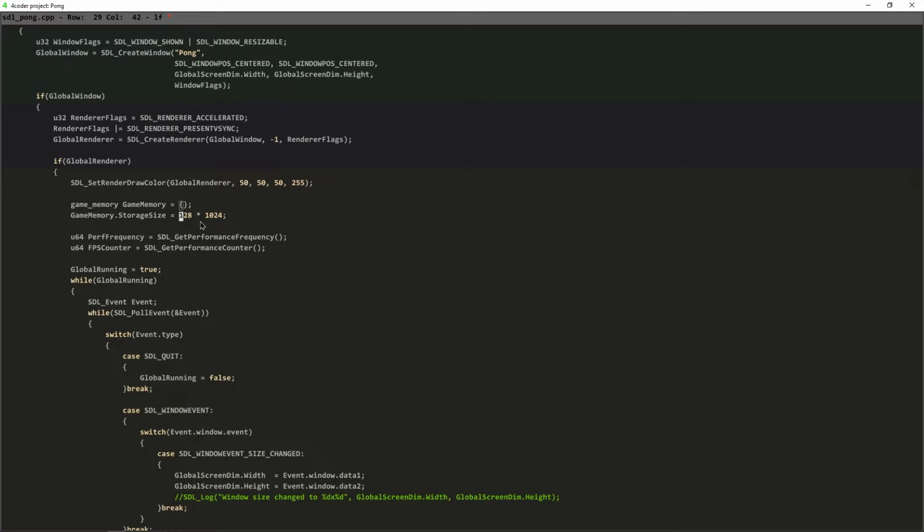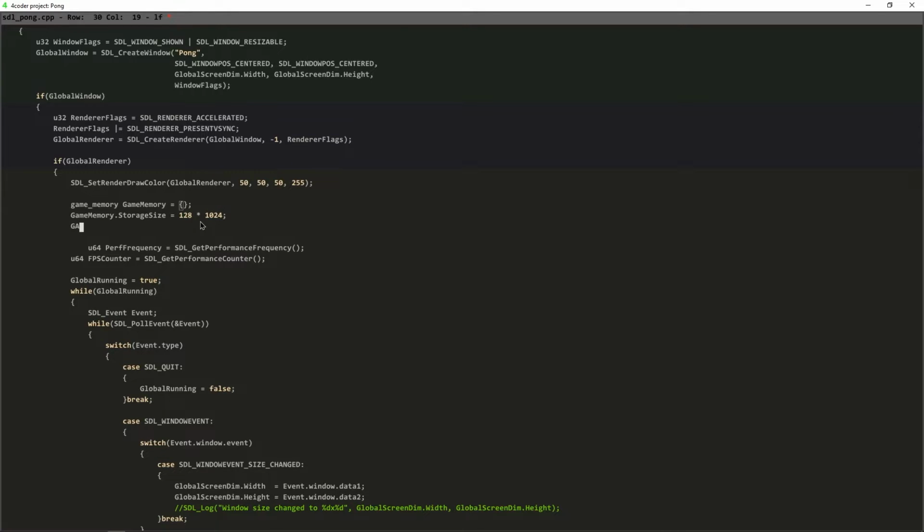So back in the day, if we were making this game like 30 years ago, maybe even 20 years ago, we would have been more careful about this kind of stuff. But like I said, in this case, it's really not going to matter at all. So that's going to be the size. The next thing to do is actually allocating the memory. And we're going to allocate the memory using malloc. And we're going to use the game memory dot storage size,